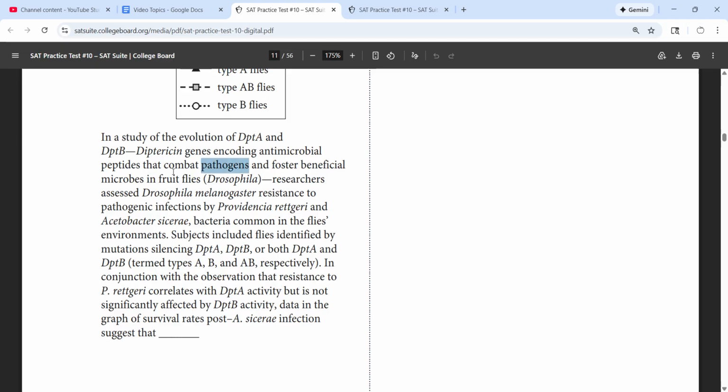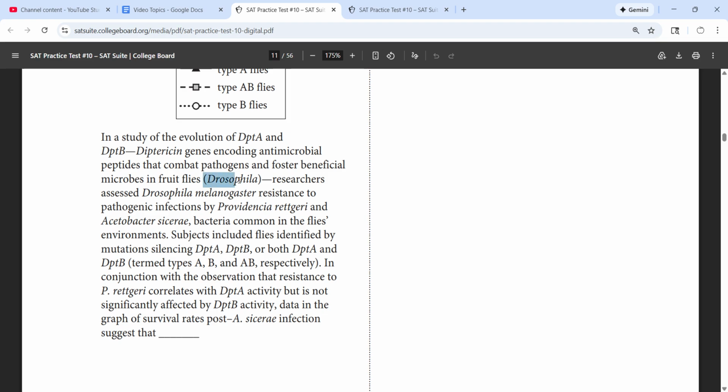Okay, I would say the College Board loves to throw lots and lots of sciencey words into a text like this. You're not expected to know all of them, or even if you are, you can get away without knowing all of them. So the only words I would want us to understand here is that they're genes and that they combat pathogens. Pathogens, that's bad guys, right? Bugs, viruses, diseases, whatever, right? So these are 2 genes. I'm going to call them gene A and gene B, and they fight bad guys and foster beneficial microbes in